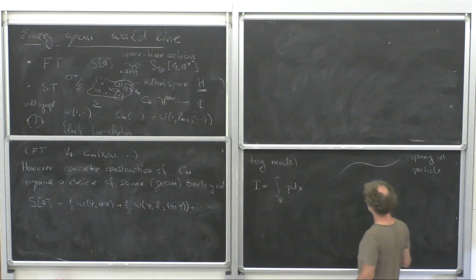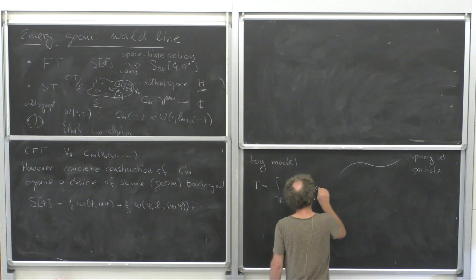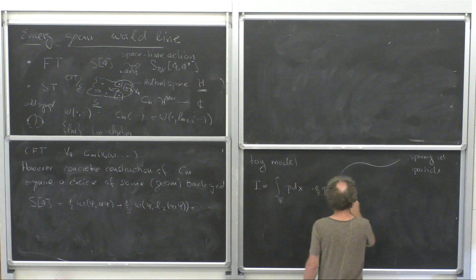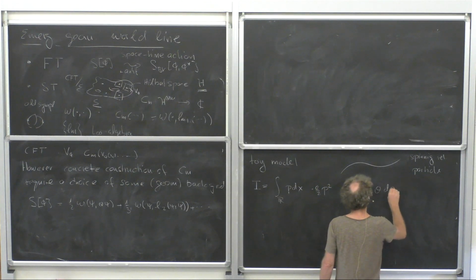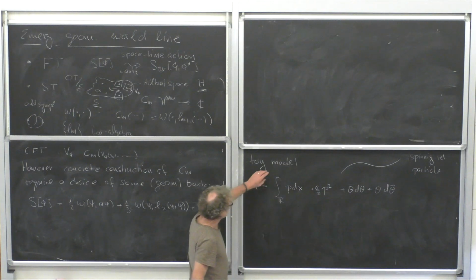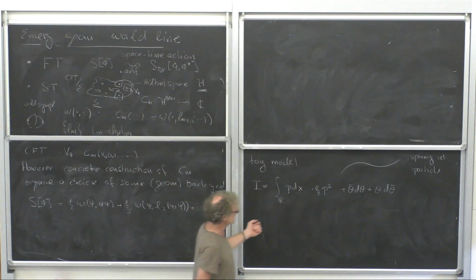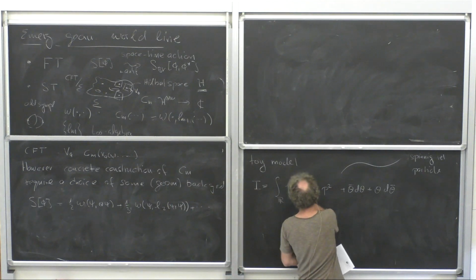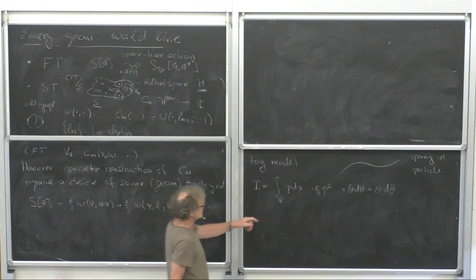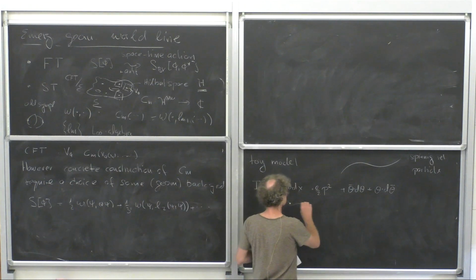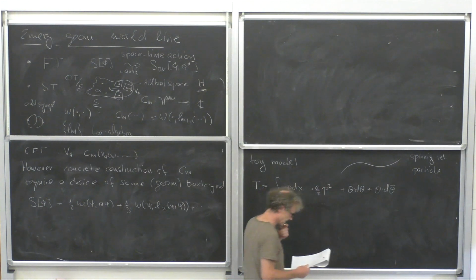So I will add a term. Actually, let me also add one more term right away: probably e over 2 p squared, and then plus theta bar d theta plus theta d theta bar. So this would be the embedding coordinates' canonically conjugate momentum. These would be fermionic coordinates with a vector index, nevertheless, so I should put an inner product here. If this were just the bosonic, or the normal relativistic particle, and